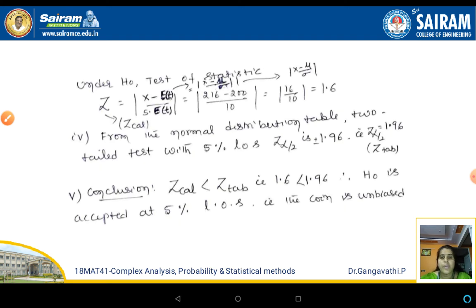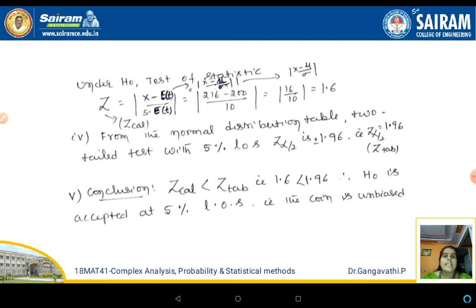Under H0, that is the null hypothesis, this test statistic needs to be evaluated. So we have to evaluate the value of Z, the normal variate, which was given by the expression. If you remember, try to recall the expression. The Z expression was x minus mu divided by sigma. So let us substitute the value for x, the value of mu and the value of sigma.